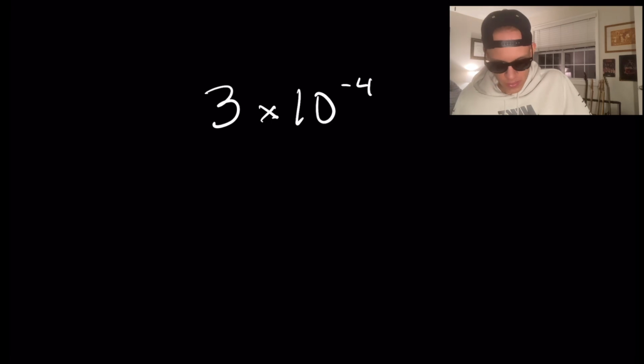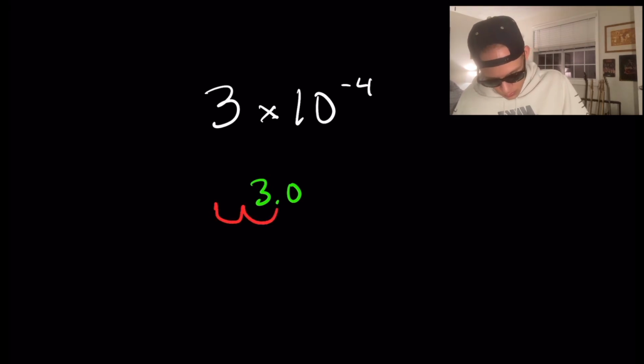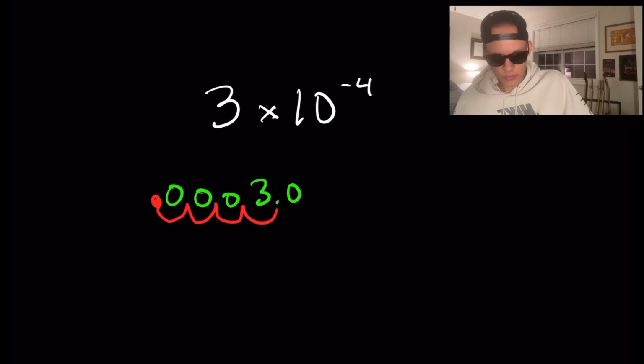So let's write 3 in decimal form. So 3.0. Actually, I'll move it over. I'll write it over here, 3.0. And then we're moving the decimal place 4 places to the left this time, not to the right. So 1, 2, 3, 4. Decimal goes here. And in those little saddles or whatever you want to call them, throw some zeros. So I will have as my answer